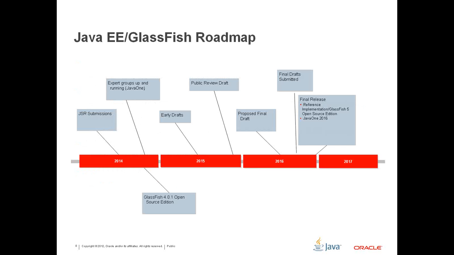EE 8. At a very, very high level, this is sort of our roadmap for GlassFish and Java EE 8, or Java EE generally. So again, we'll be starting the JSR submission process for Java EE 8 very, very soon. We'll be forming the expert groups also very, very soon, all before JavaOne, hopefully. And we'll also be doing the GlassFish 4.1 release before JavaOne as well. And following along the usual timelines for the JCP, we're hoping maybe by end of 2016 we'll have a GlassFish 5 release to officially support Java EE 8, and hopefully we'll see what else is needed for GlassFish in terms of further releases.